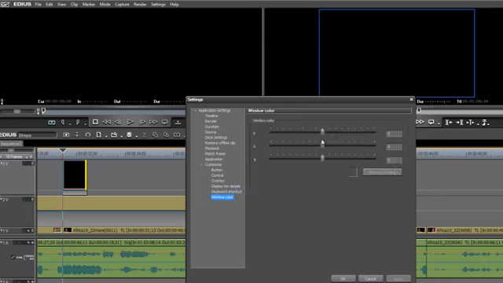Now, if you're not comfortable with the way EDIUS looks by default, here's where you can go in and change the way EDIUS looks, the interface. And so if you prefer a nice green look, you can notice the color as it changes here as you move the slider bars. If you like that nice green, go ahead and select that, hit apply. And now you notice that your whole interface is a nice, beautiful green color. And if you're not happy